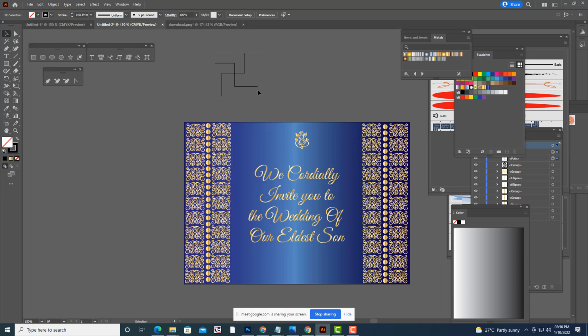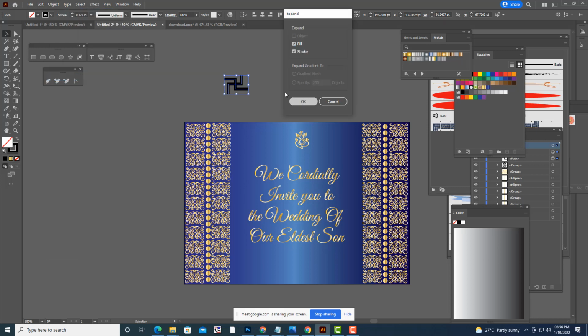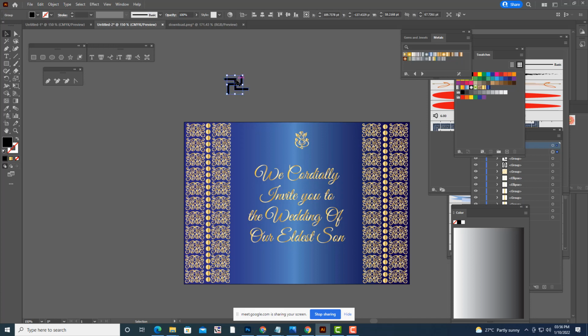So you can keep a swastika, and then we can actually expand it, and we'll group it. So we can keep it here.